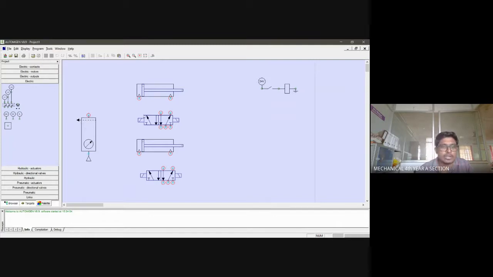Okay, and also in the case of solenoid, since it is controlling the motion of cylinder number A, this becomes A direction control valve, and this becomes B direction control valve. And we have to provide the name for these two solenoids over here. This becomes A minimum, and this becomes A maximum. Whereas here, this solenoid becomes B minimum, and this becomes B maximum.